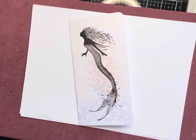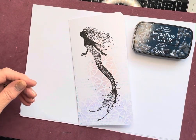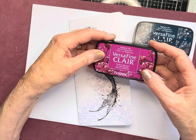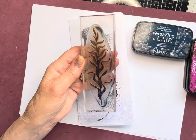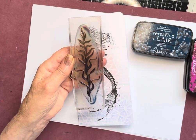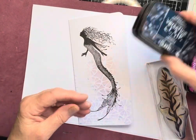And next I'm doing a little bit more stamping now, and using VersaFine Clear ink still. This time I'm using Twilight, and I'm also going to use Purple Delight, and this fabulous stamp, and it's called Marine Kelp. So starting off with